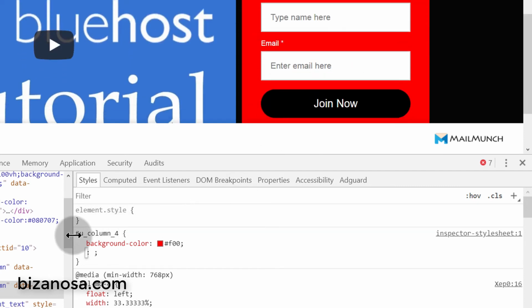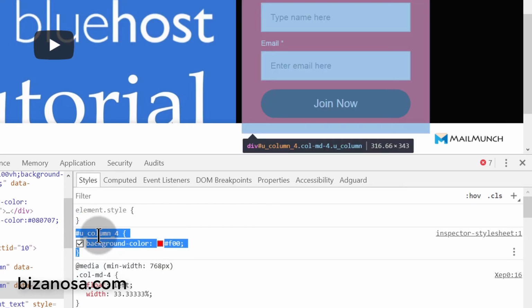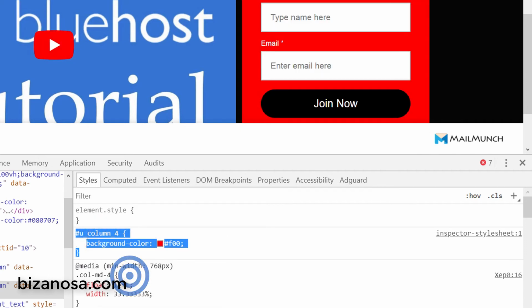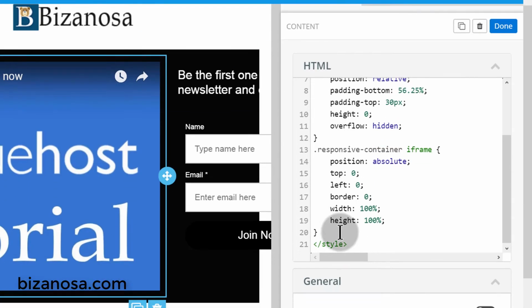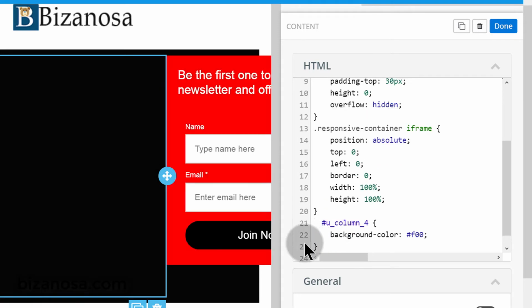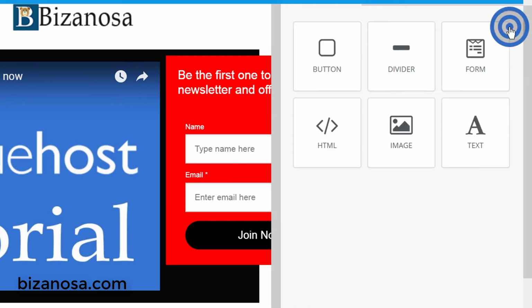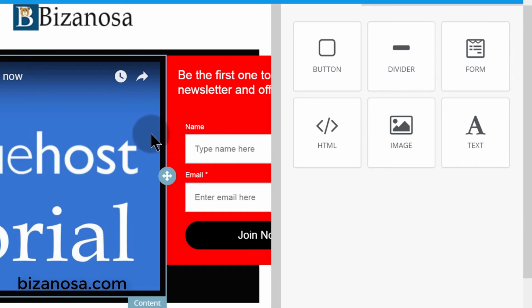So what I'm going to do is I'm going to copy this, because if I leave this here, it doesn't really matter, because as soon as I reload this page, this is going to disappear. But if I copy it and I bring it into part of my CSS here, Control V, you can see the color is changing to red, and that's what we want. So if I click done,